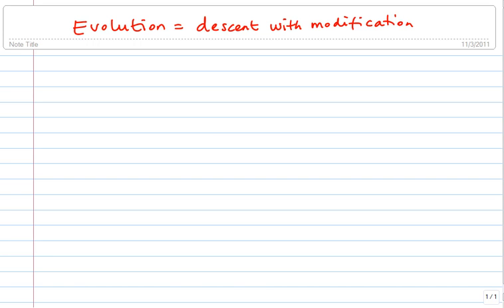Okay, so let's talk just a little bit more about evolution in general. So evolution, we said, is descent with modification. So it always, by definition, involves reproduction. And what you're looking for is for the babies to have some sort of an advantage over others of that